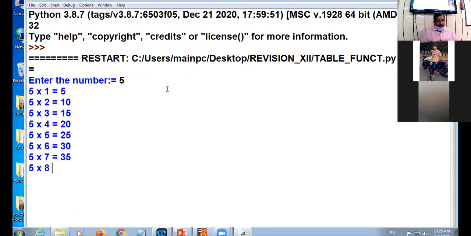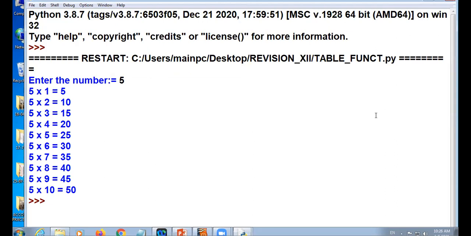Enter number 5. See, the table is generated. Is it clear, Udit, Manviya, Bhavneet? Concept is clear to you? Creating table program via function. Maulik, Sukhmani, Shailza, Anshita, concept is clear to all of you?